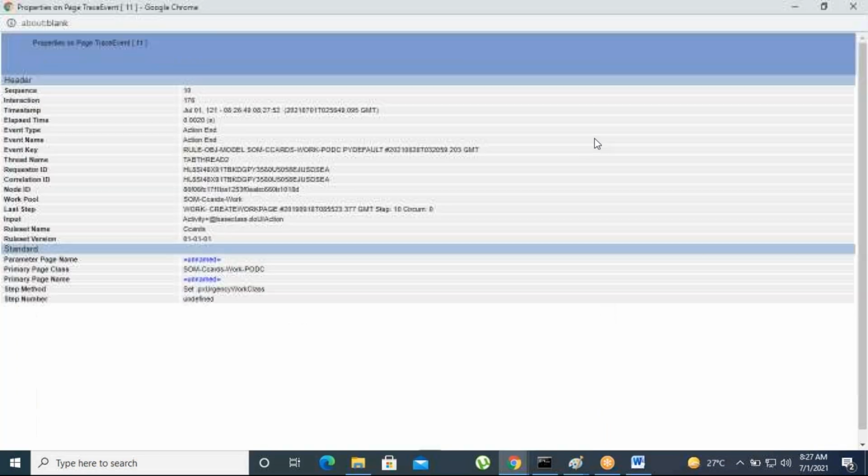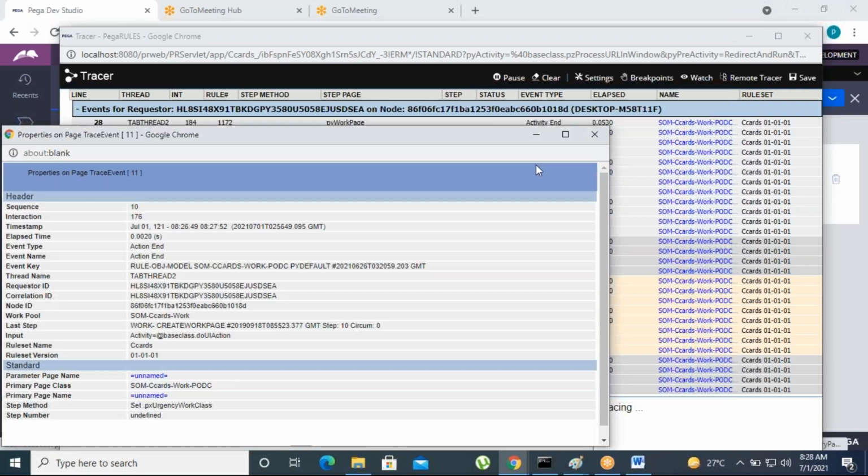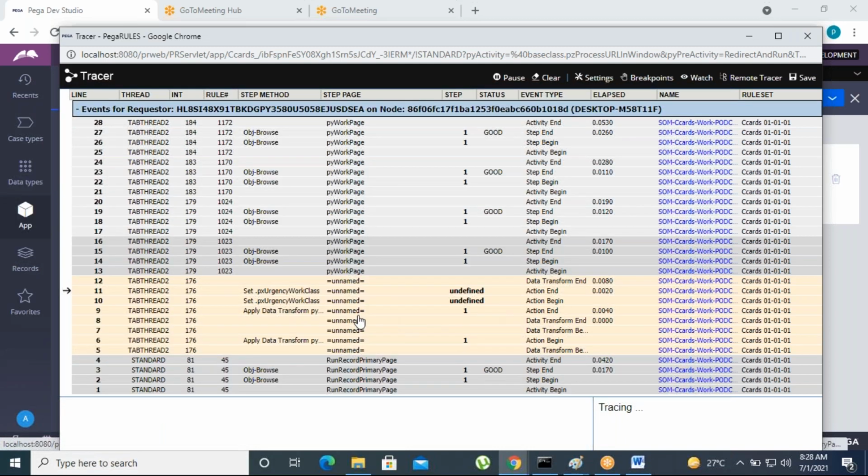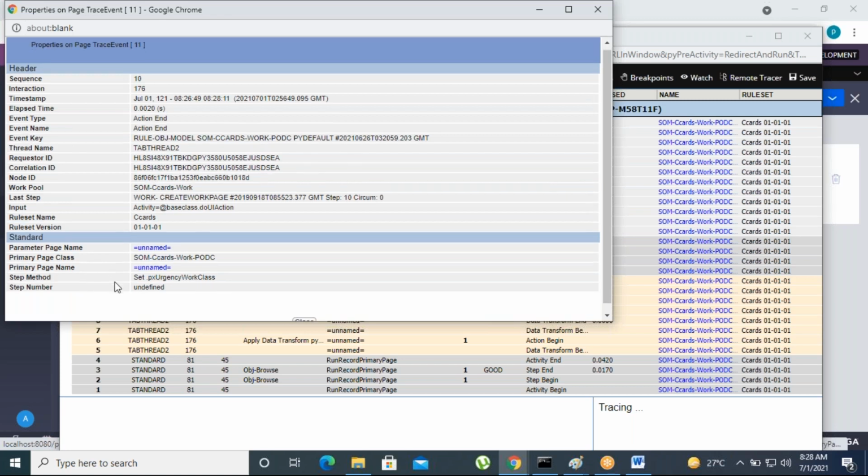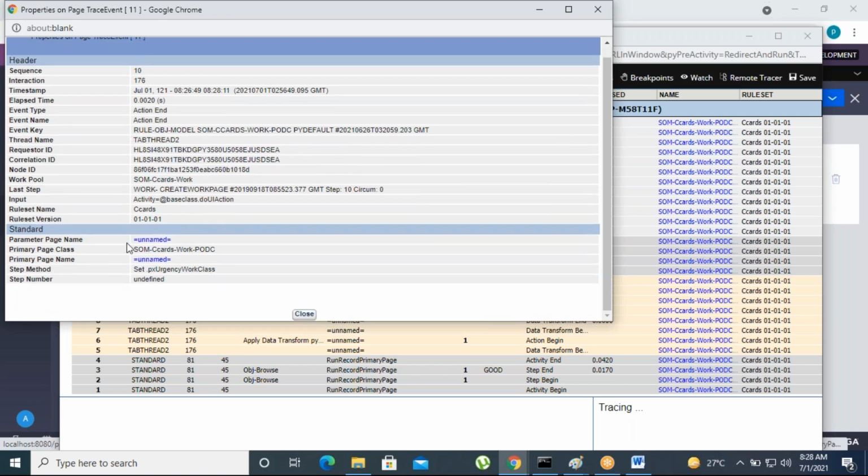Suppose you want to find out any properties or parameters in the tracer, if you want to trace the parameters in the tracer, there is an undefined step if you pass any parameter. Let's go for the undefined step, and we can trace the parameters. Let's click on unnamed here.